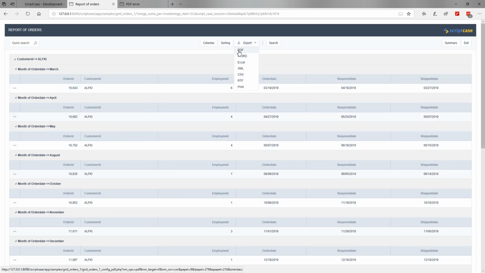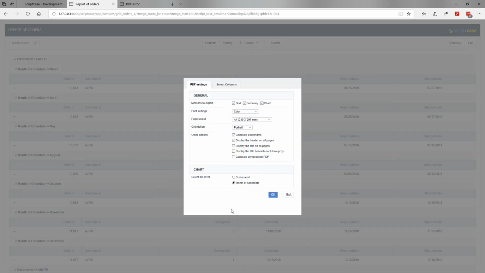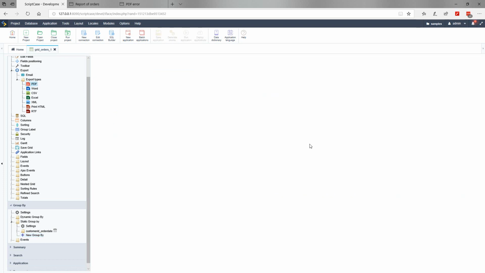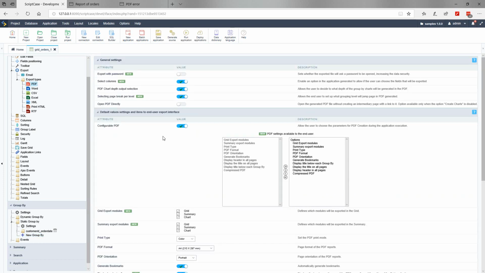Now, if we export this now with our default options, we see now that we have an extra option for the chart. Select the level for the customer ID or the month of order date. So now, let me come back here to the grid first of all, and we're going to go back to our PDF options. Now here we had the PDF chart depth output selection. So it allows the user to decide to what depth of the group by charts will be generated by the PDF. So now if we remove this option and run again,